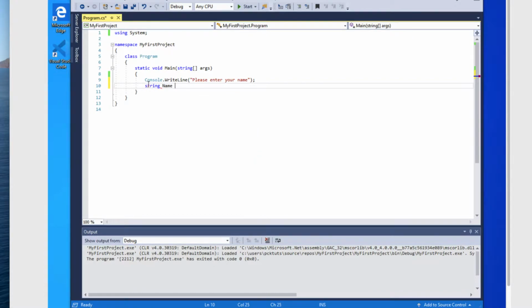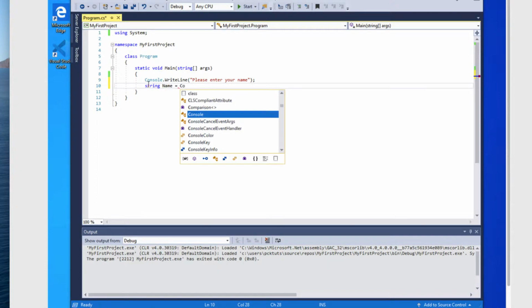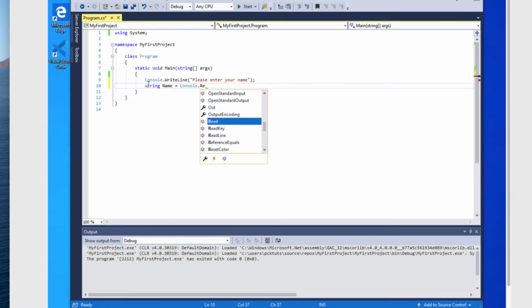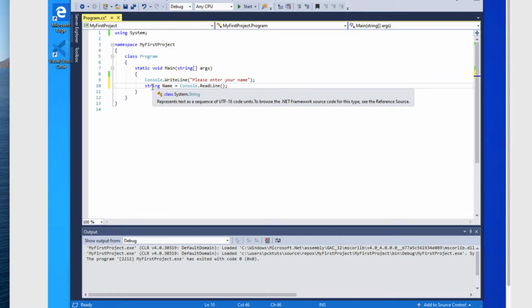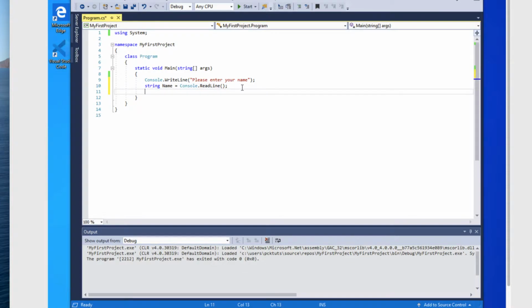We are declaring a string variable called name here, which will accept input from the command line using the function ReadLine. ReadLine is the function which is used to accept input from the command line as a string. This line is declaring a variable called name, which is taken from the console. So you can read this line as